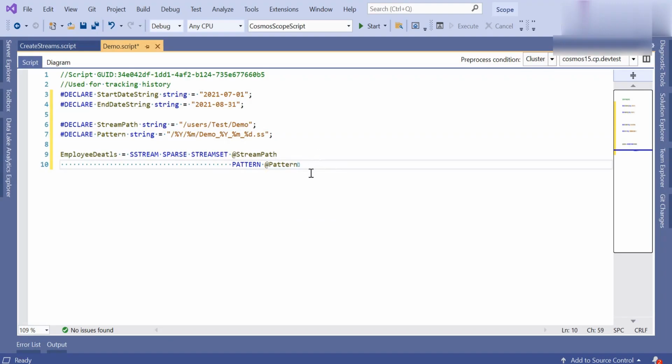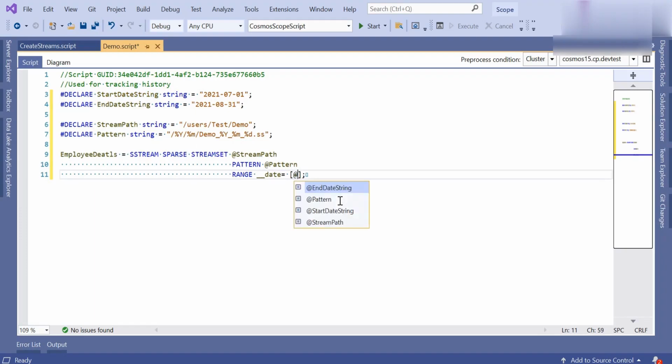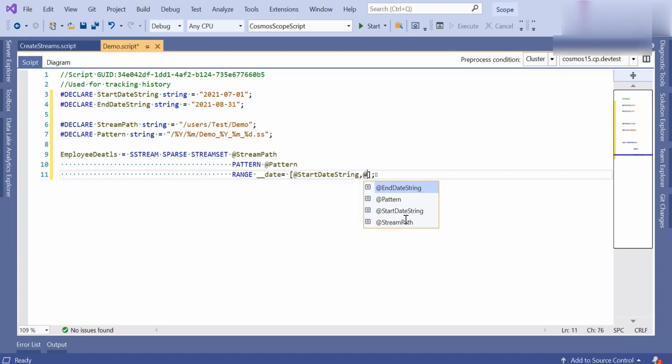And we have to provide the range, from which date to which date we have to read the streams. RANGE __date equal to, and here we have to provide the start date and end date. We already have variables for both.